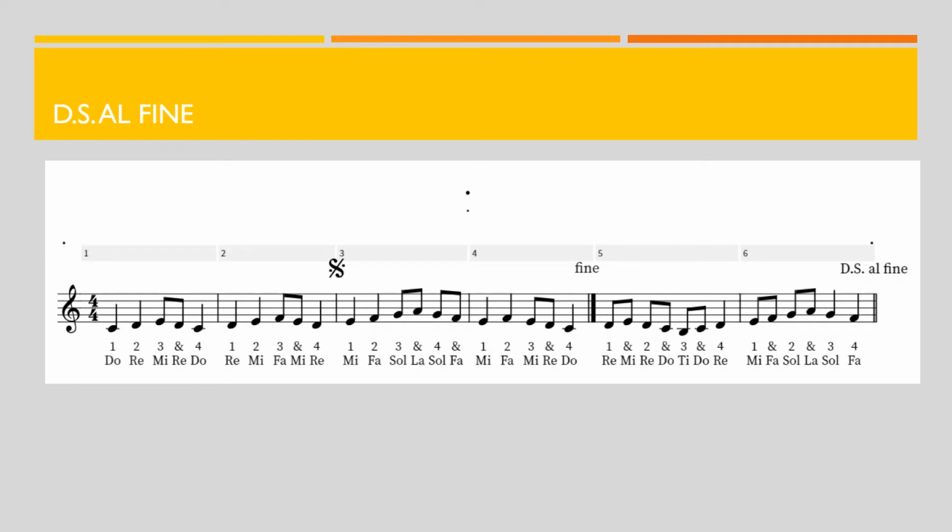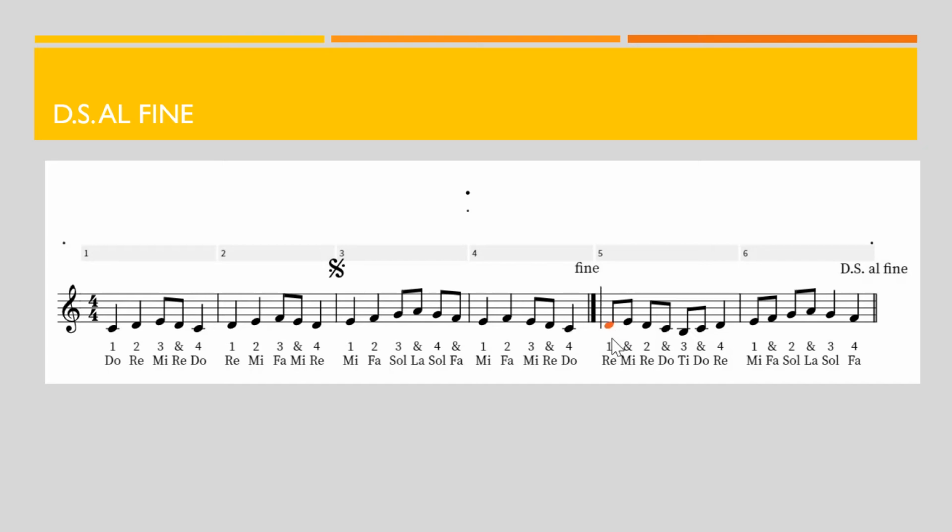We can sing this example on solfege as well. Notice it starts on Do. It's in the key of C, so C is Do. Here in measure 5, we have Re, Mi, Re, Do, and then it descends one note lower below Do. If you think backwards down the scale, Do goes down to Ti, Do, Re. So measure 5 will be Re, Mi, Re, Do, Ti, Do, Re,